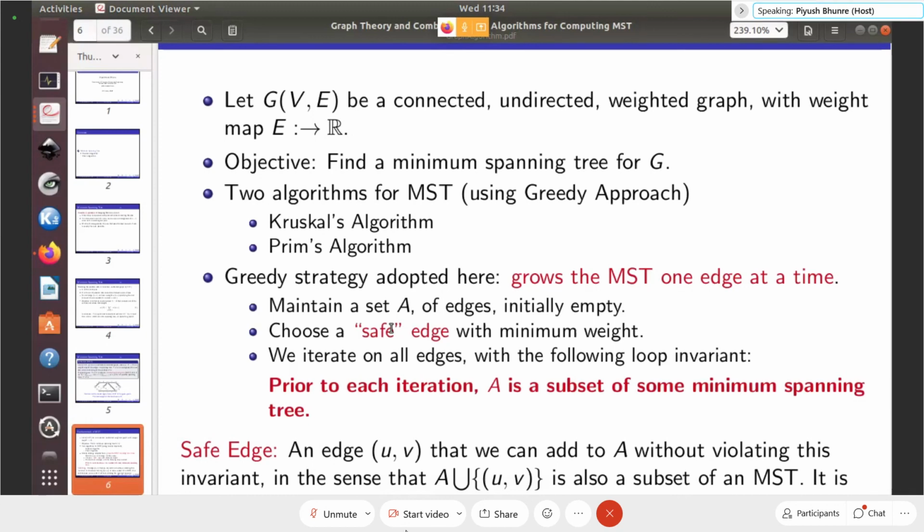Okay, and both of these algorithms are based on a particular strategy called the greedy strategy. Greedy strategy means we add one edge or one vertex at a time and we grow the tree. When we add an edge, it is called a safe edge, which has the minimum weight and will not create any cycle. Okay, so a greedy approach is used. I can give you another example of a greedy strategy, which is basically trying to minimize by looking at the local